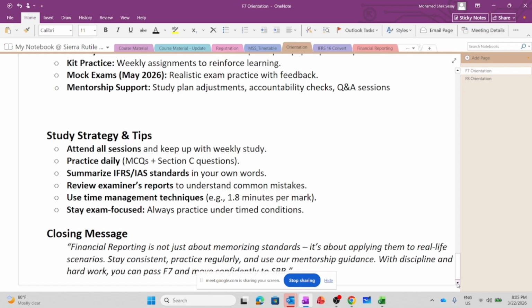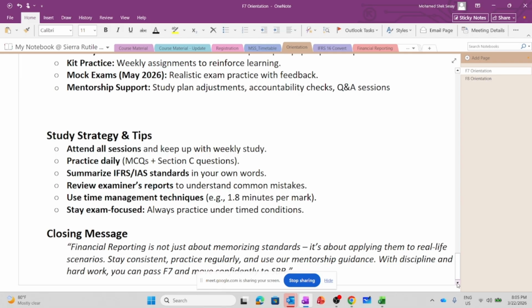Why is that notebook important? Because when the examination time is near, for example, it's a week to the examination, you need that particular material that you can browse through, so that you can do a detailed revision within 1 or 2 days. Very much important. You need that particular book that you're going to look at within the twinkle of an eye. You can complete, for example, IAS 16, IAS this, IAS this. You're just going to browse through the book, and it can serve as a detailed revision for you. So you need that summarized notebook.